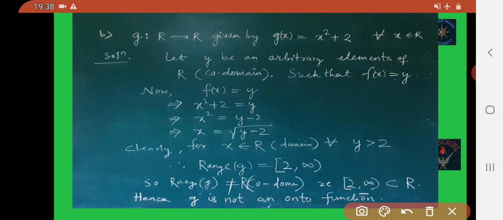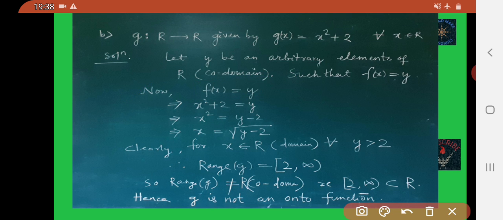Now come to the second step, that is f of x is equal to y. This equation you now solve and write x in terms of y.